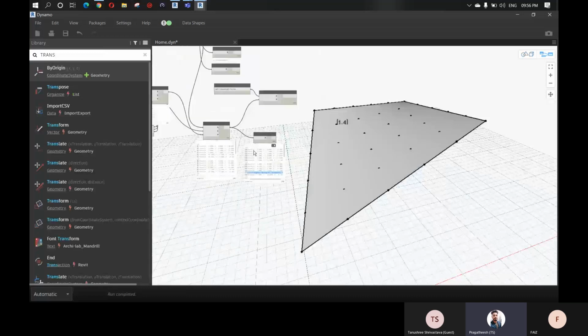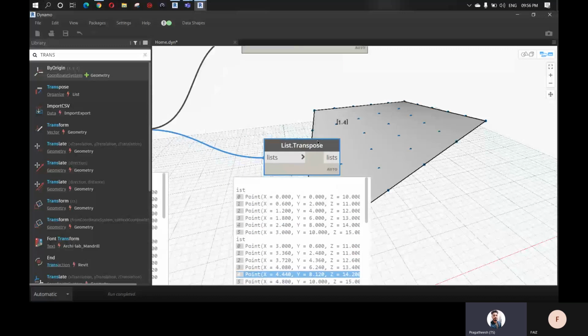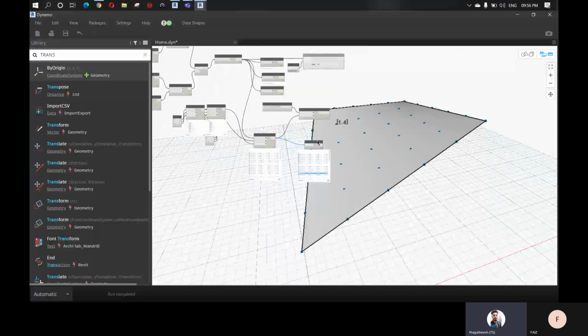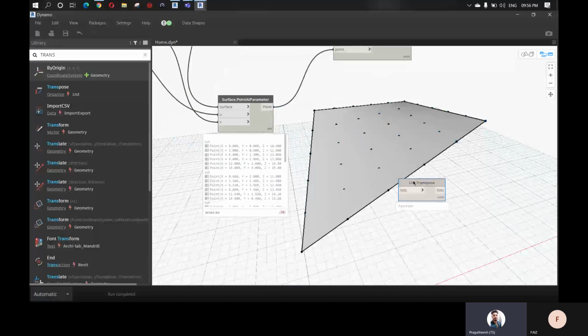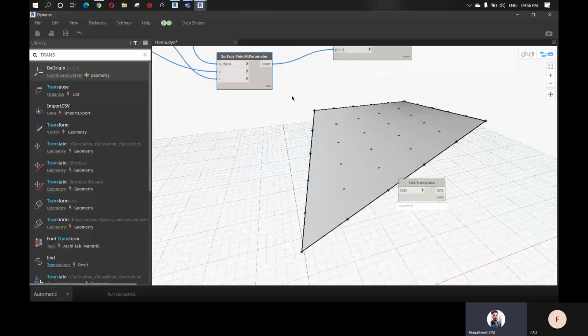Next. Or else we can just create a new one. We don't want to use this.